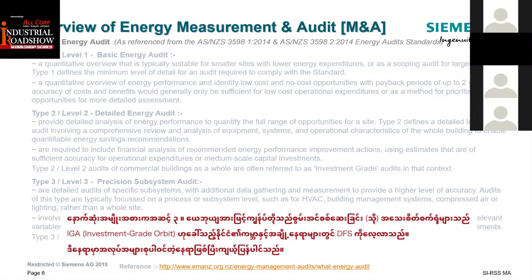The last type will be type 3 or level 3. In general, if you hear about an energy audit or detailed feasibility study, DFS in short, or in some parts of the world, IGA, investment grade audit. This is where the majority of the work is involved and it is quite extensive, which means that physically there will be instrumentation deployed across the system, studies conducted, and time spent on site to look at the facility and understand how the system works,